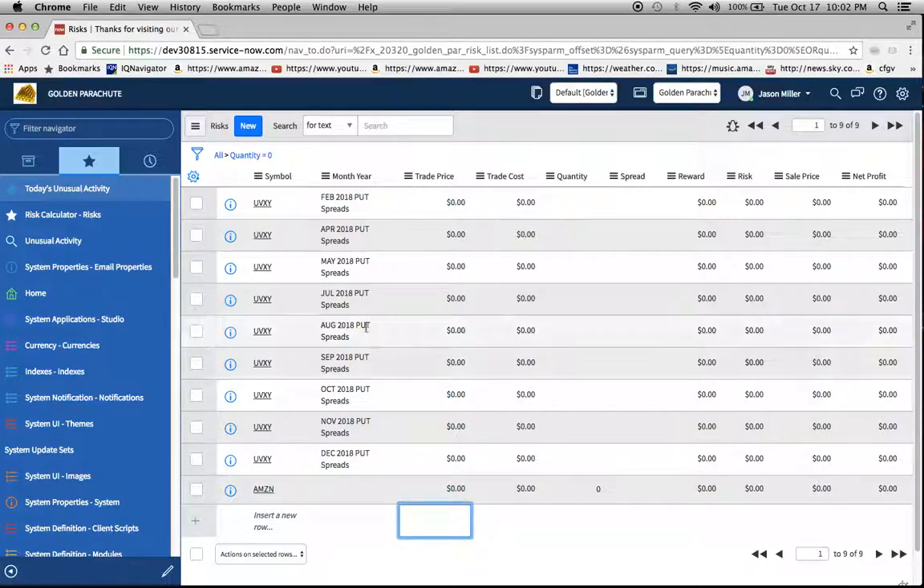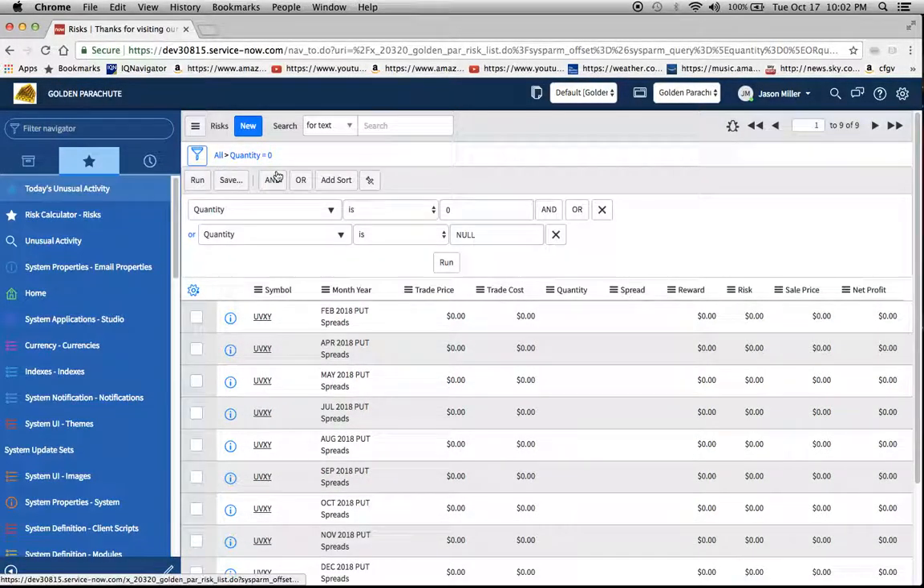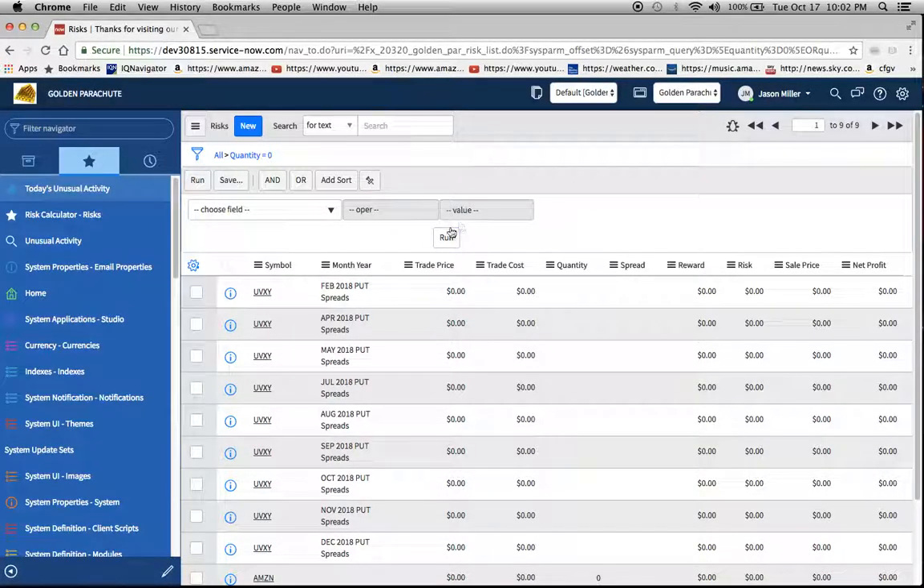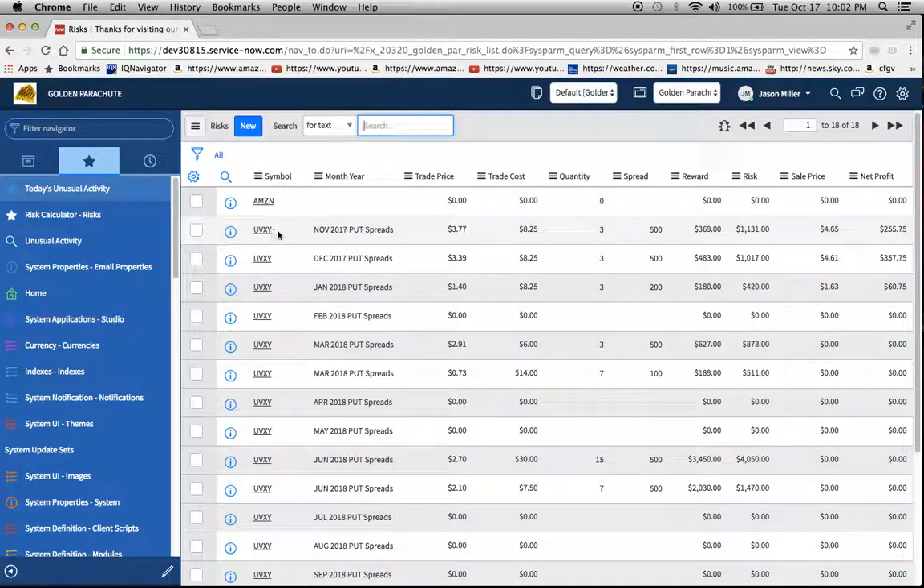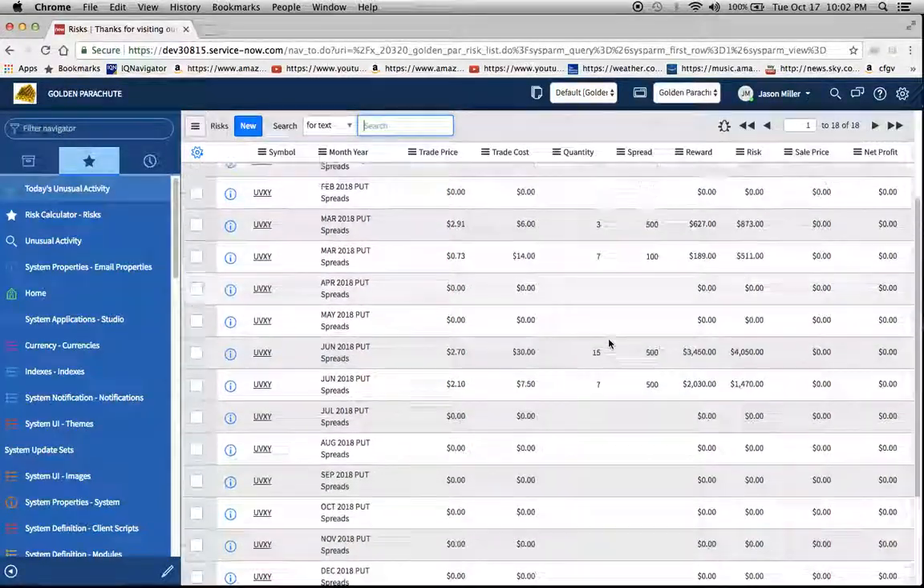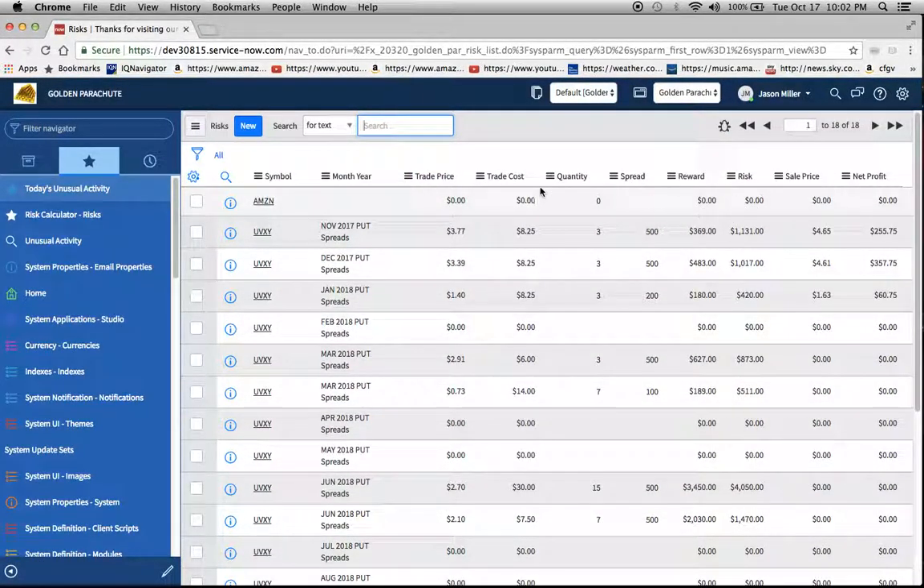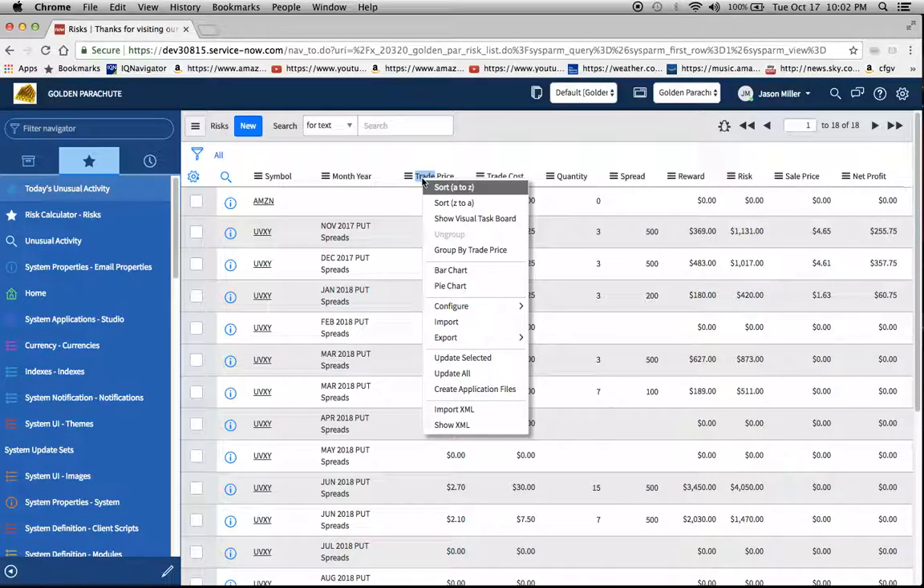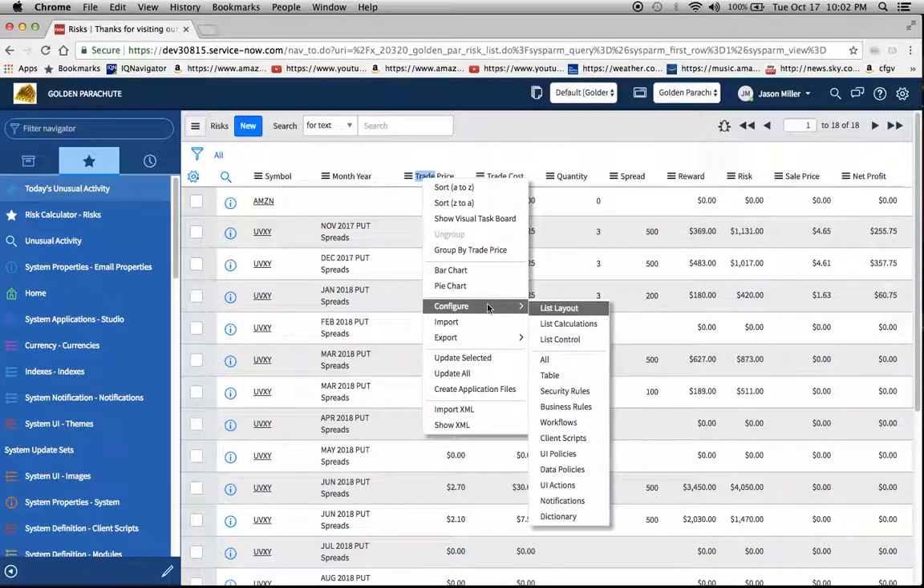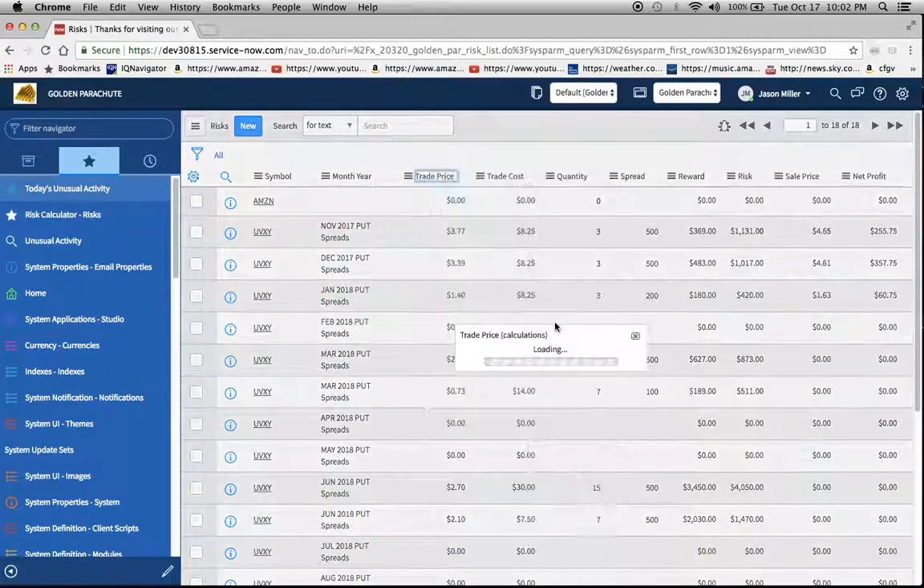Now, if I want to go ahead and total some of these things up, like maybe I want to know what my net profit is, what I'll do is take the filter off, so that way I pretty much have just the zeros there. So if I want to know how much I've brought in, now we'll right click on one of these headers up here, and now we'll go to list calculations,